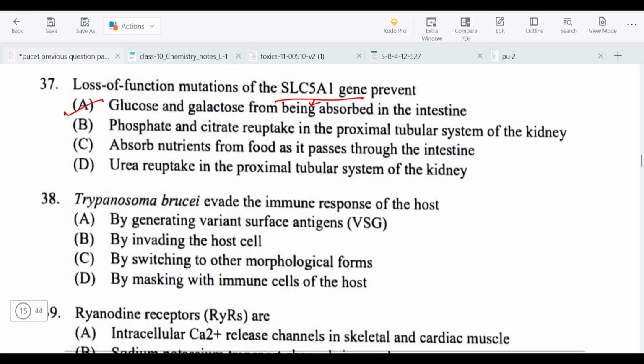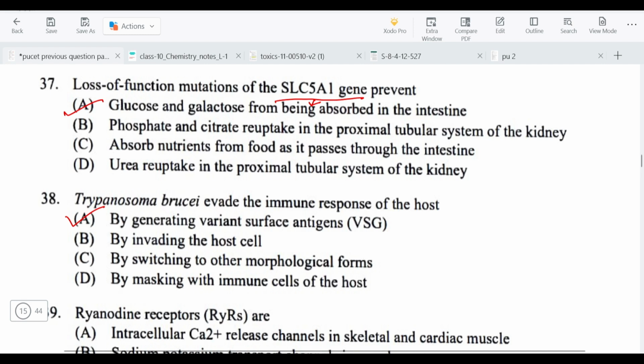Next question, how does Trypanosoma brucei evade the immune response of the host? The correct answer is by generating variant surface antigens. So the correct answer is A, right? Next question,